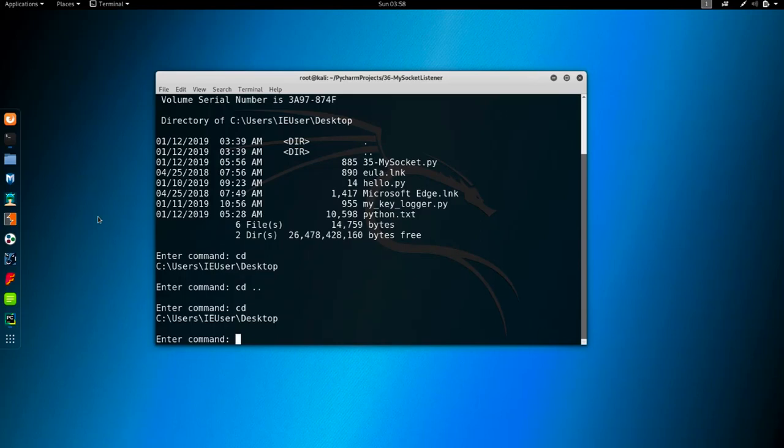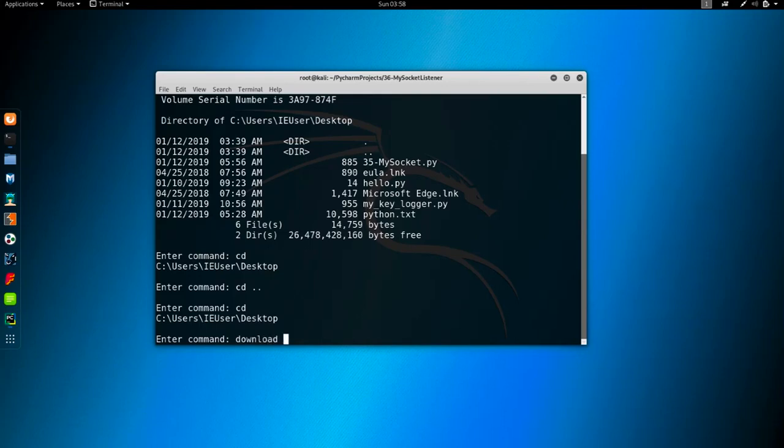But we want to send these commands as a list so that we can differentiate these spaces, and we can say something like cd